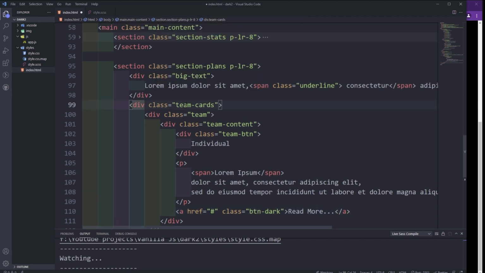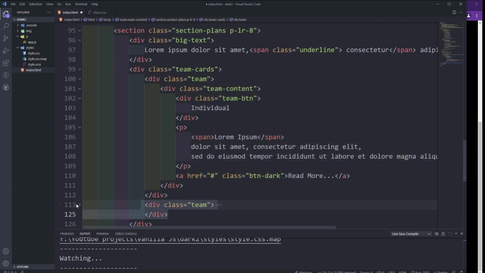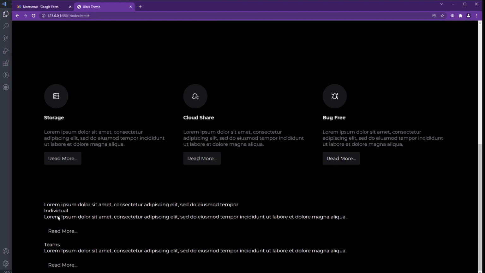I'm just going to duplicate this team. It's actually this team component. I'm just going to copy and duplicate. Okay, so I'm going to change this from individual to teams or team, whatever you decide to name it. Okay, so there it is. So down here